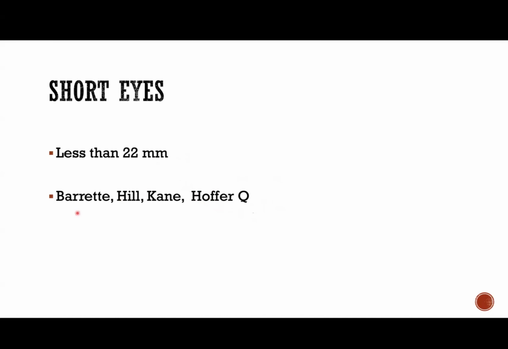But now SRK/T, as I showed you with the difference in prediction errors with the different axial lengths, does a pretty good job, even in short eyes, maybe, but not less than 21. Up to 21, this may be better. But less than 21, you have to be very careful, because none of these are recommended for less than 21. So you have to look at a few things, and only with your past experience can you go with that one. These two are actually based on artificial intelligence, those you can use, and there are the newer ones also.